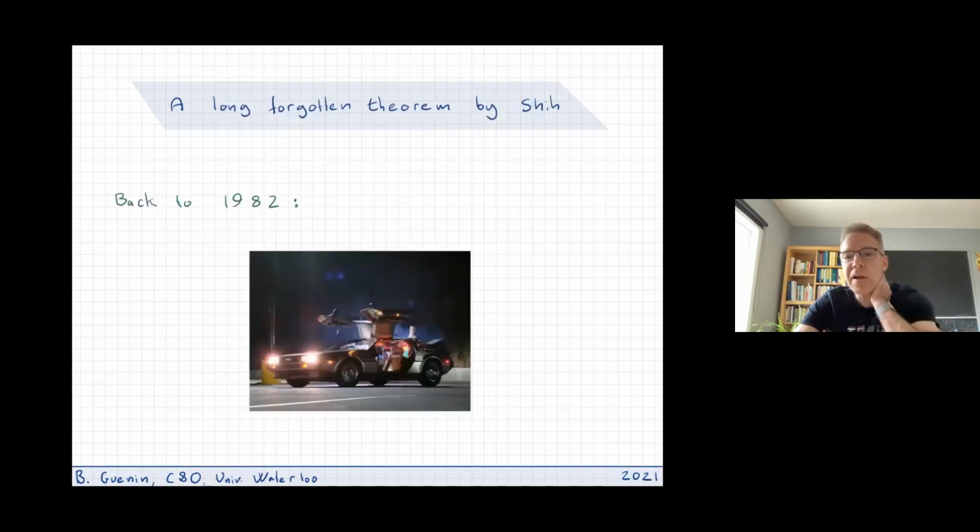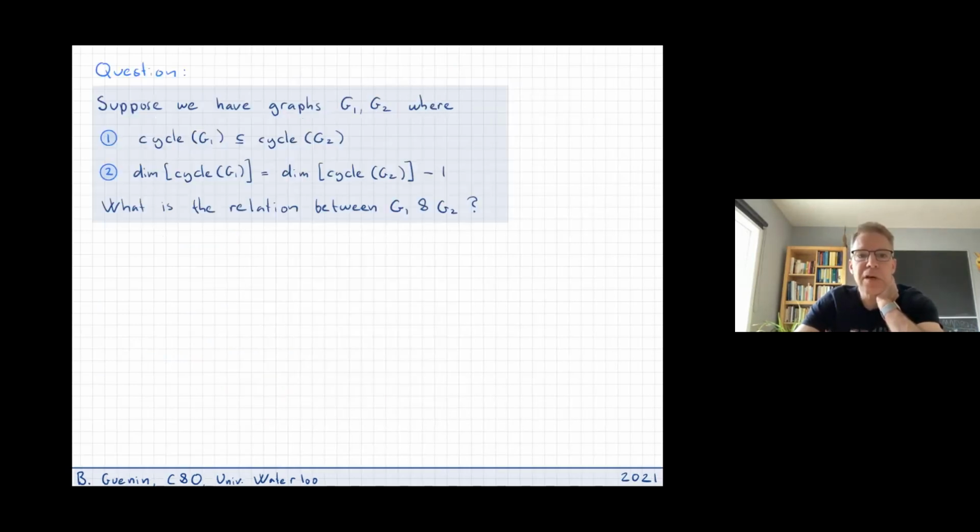All right, so now let's crank up a slightly more modern time machine and go to 1982. And I want to talk about a less well-known result by Xi. So Xi is a former grad student of Neil Robertson, and he looked at a question which is very similar